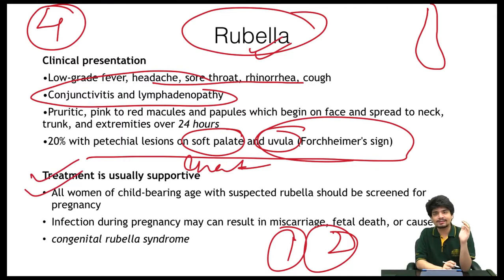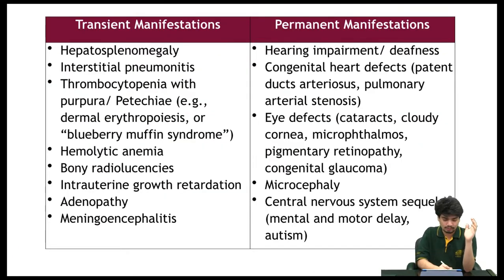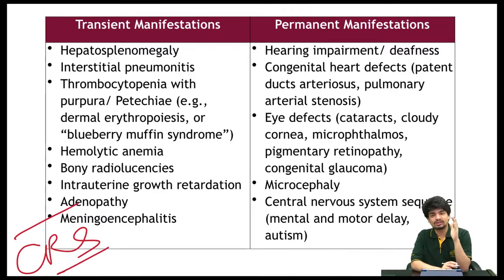Now, why rubella is important is not because of the fact that the disease per se can cause something. In case of measles, because of the profound immunosuppression, it can cause pneumonia or otitis media like picture. However, rubella by itself is a very self-limiting disease. Why it's important is because if rubella occurs during pregnancy, it tends to lead to what is called the congenital rubella syndrome, the CRS. Now, congenital rubella syndrome causes intrauterine growth retardation and a host of congenital anomalies which have been frequently asked